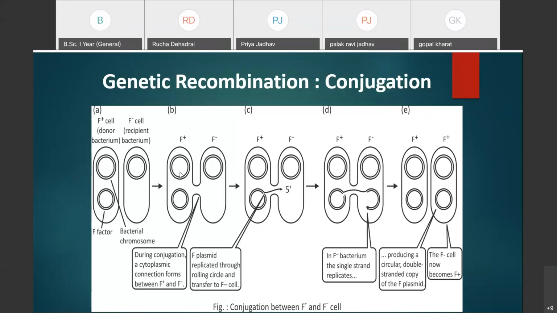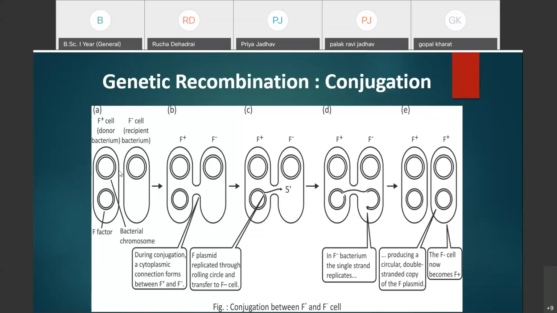Here you can see that conjugation takes place between the two opposite strains, that is the F positive cell and the F negative cell. These are the two most important things in conjugation: direct cell to cell contact, and the conjugating cells must be of the opposite strain. Okay, here you can see that